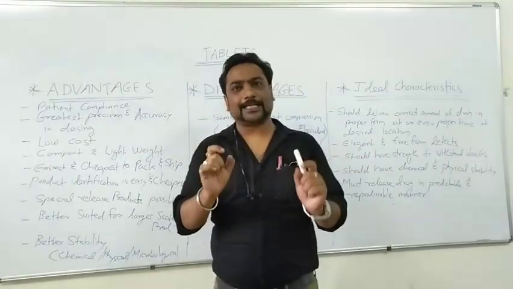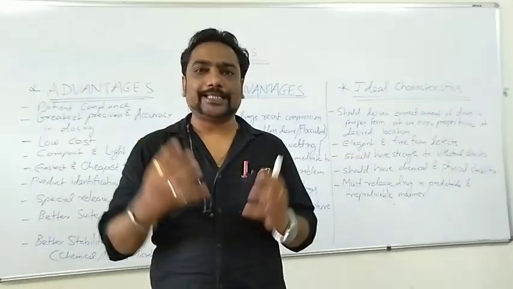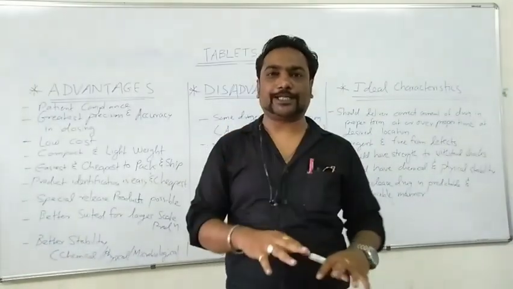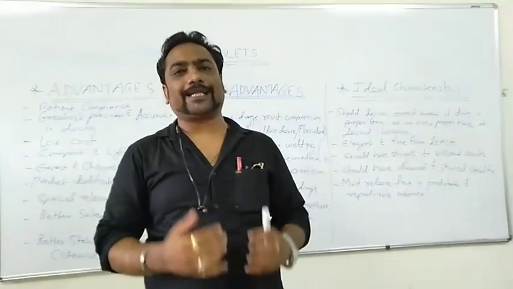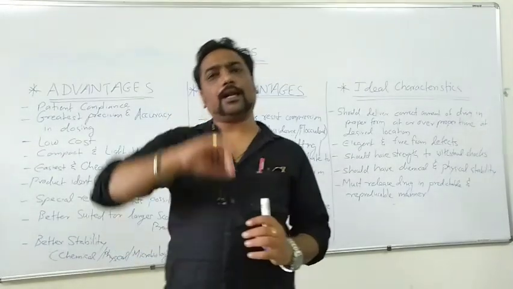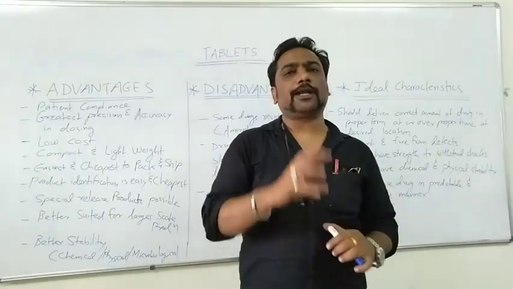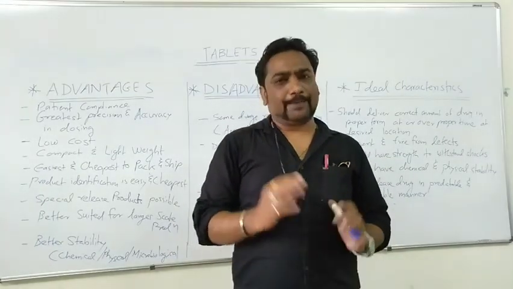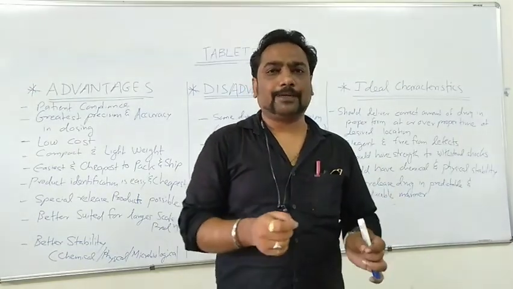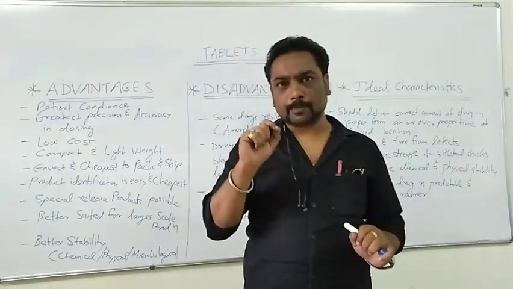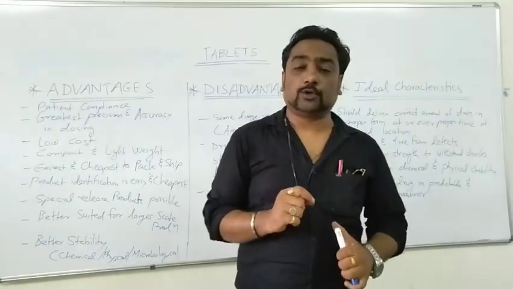It is a unit discrete dosage form containing some active ingredient and some excipients. It is intended for oral administration by a patient, and it is intended for either local effect in the gastrointestinal tract or systemic effect of the active pharmaceutical ingredient. So that is a broad definition of the tablet. Depending on the type of tablet, the definition may slightly vary, but the basic concept is the same. Now, why are tablets a very important dosage form?